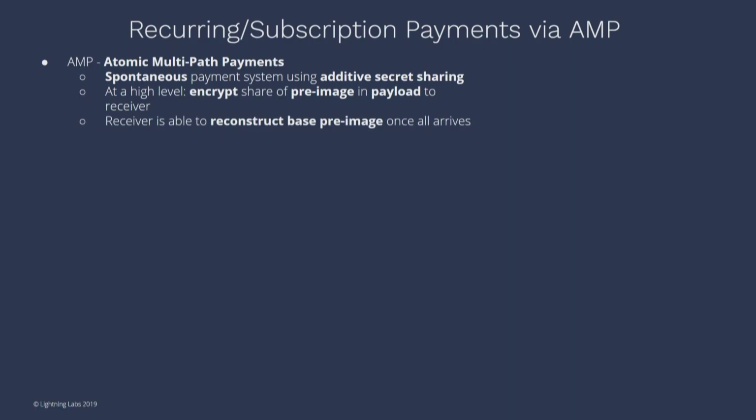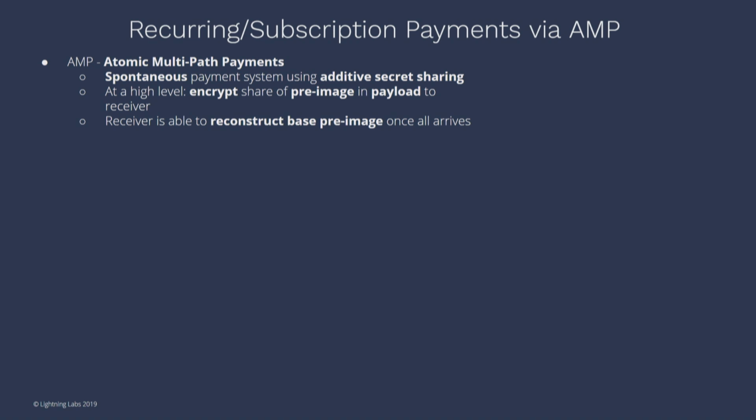Similar to what we talked about, we have this payload, which is a dictionary. You're going to decrypt it at the other end, and then you can access the preimage and settle it instantly. This is cool because now I can pay you on demand anytime I want to, which lends itself to a number of really cool use cases. We're going to get low level for a second here. I won't dwell on it too much because it could be a little advanced depending on how much of this you've studied. We basically use something called additive secret sharing to make this happen.